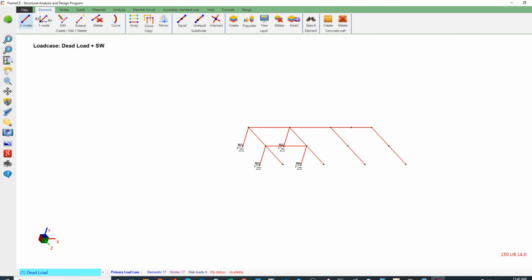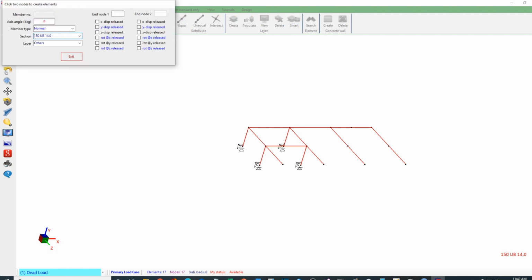To do that, click this button here and then select the end nodes, right mouse click, and then I will add more beams here, right mouse click,